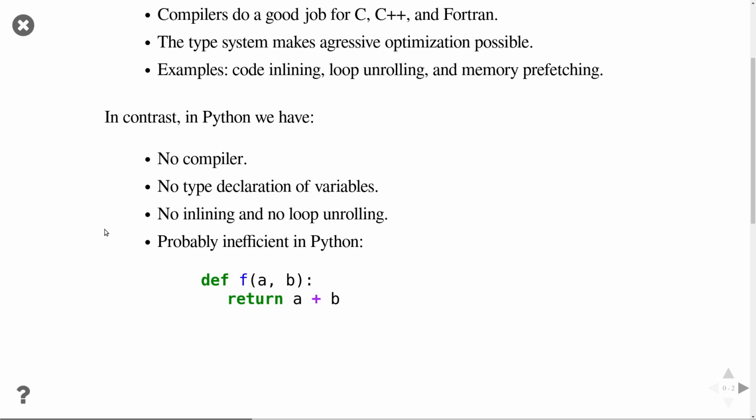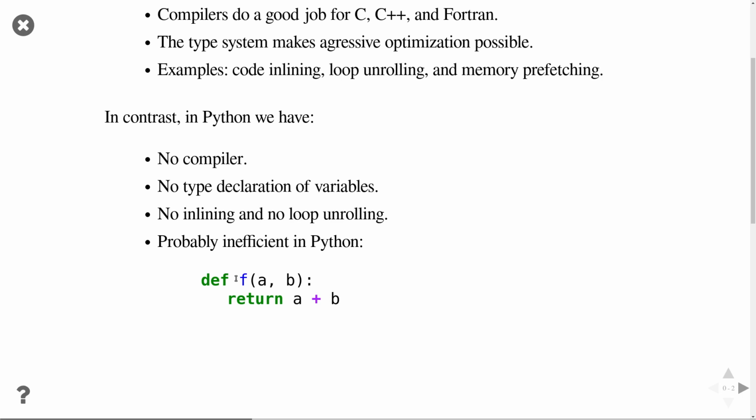We do not declare the types of variables, so the program has to be prepared to work with any possible type that we have in Python. We can't do inlining, we can't do loop unrolling, and as a consequence, even a simple function call like this is probably quite inefficient in Python, because